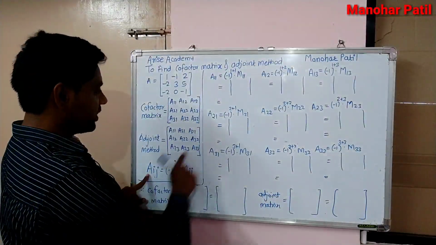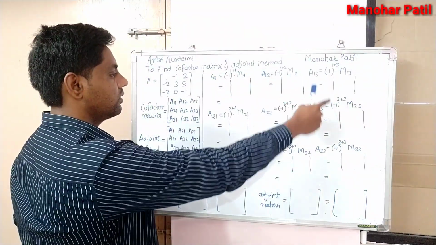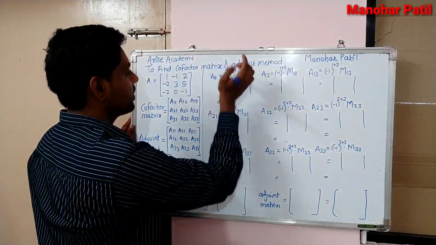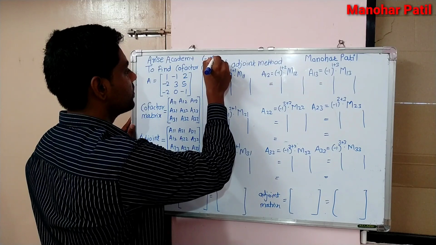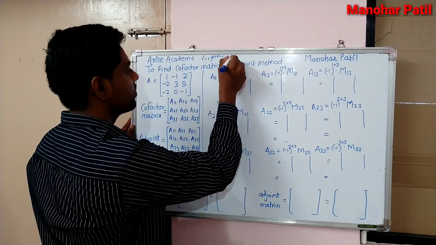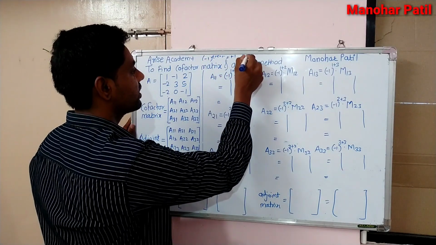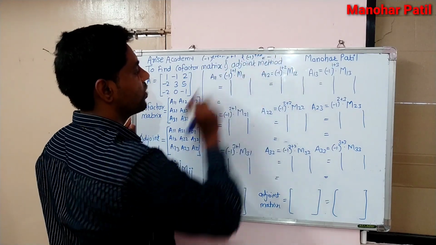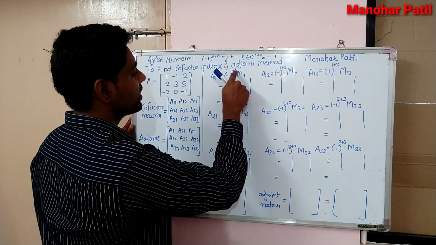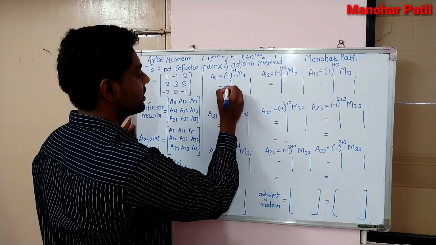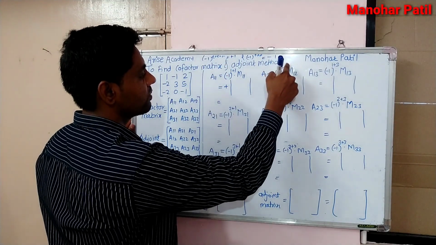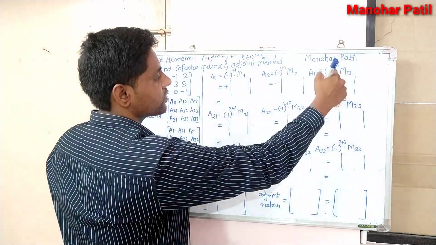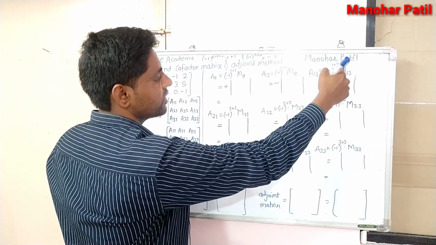So from this example we write all the cofactor elements. Here we know that -1 raised to an even number is equal to +1 and -1 raised to an odd number is equal to -1. So here -1 raised to 1 plus 1, an even number, means positive. -1 raised to 1 plus 2, an odd number, means negative. -1 raised to 1 plus 3 means 4, an even number.